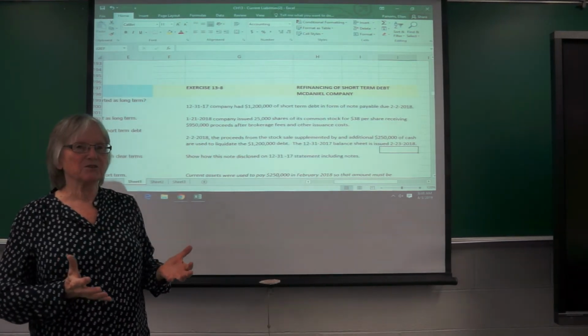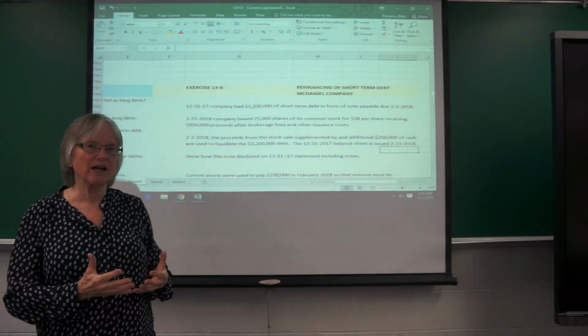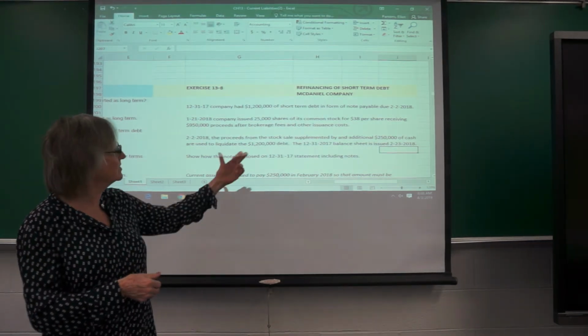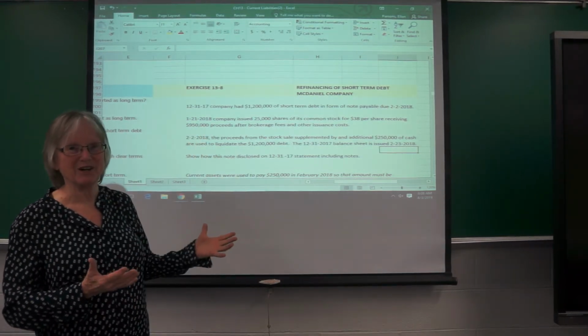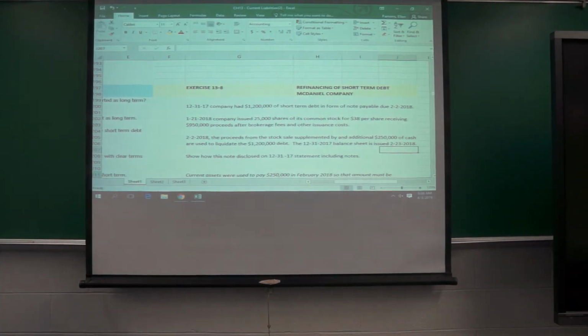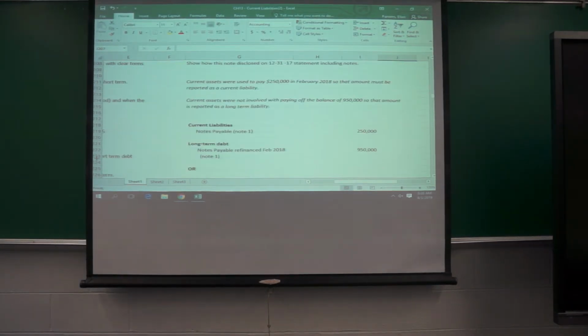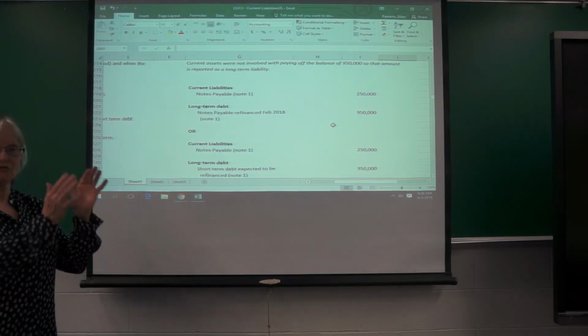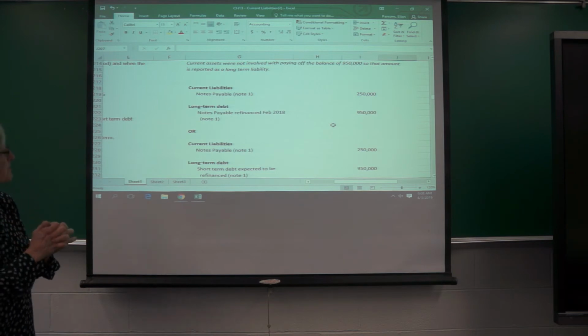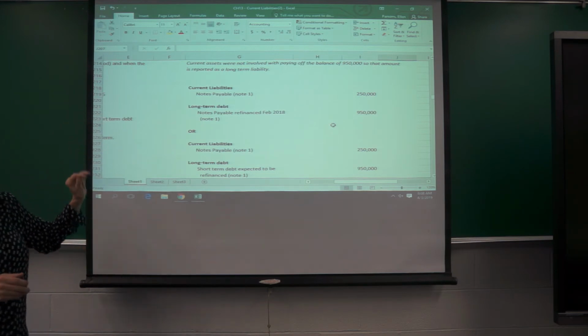So how do we classify this? Well, the first question is how much of our current assets were actually used to pay that off, and the answer is $250, because the rest came from your long-term stock. So on the balance sheet, there are a couple of different ways you can classify it. You can say current liabilities would be $250, and you'd have a note, and long-term debt would be the rest of it. This is how it would have been classified on the 12/31 statement, because remember, it was still there then. It didn't get paid off till February. So this would be the appropriate way to do it under US GAAP.